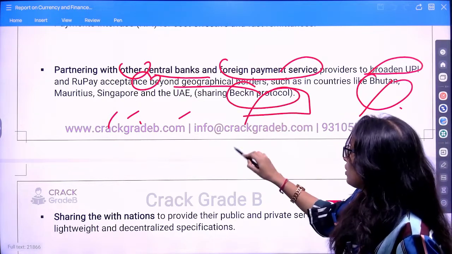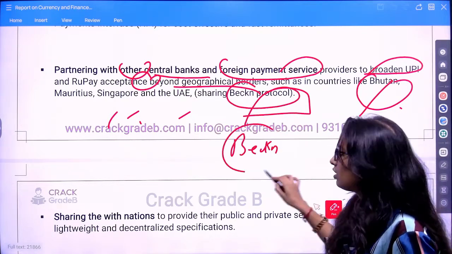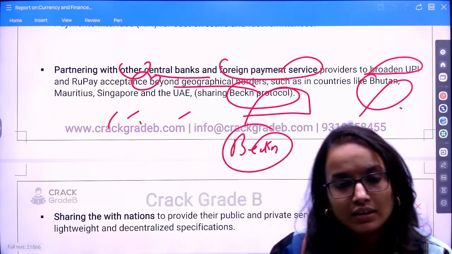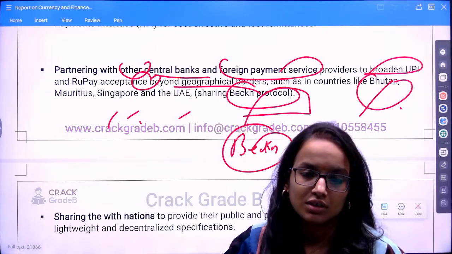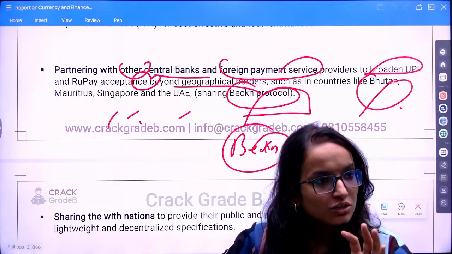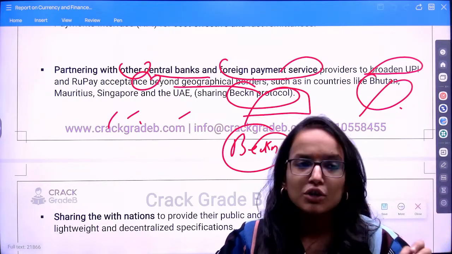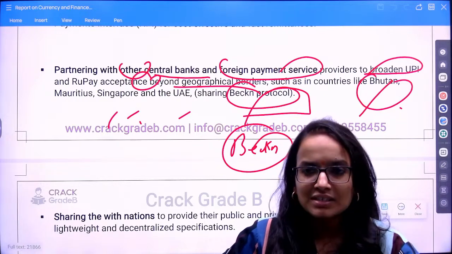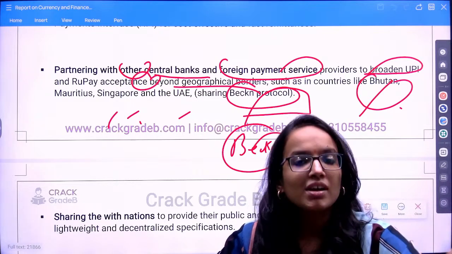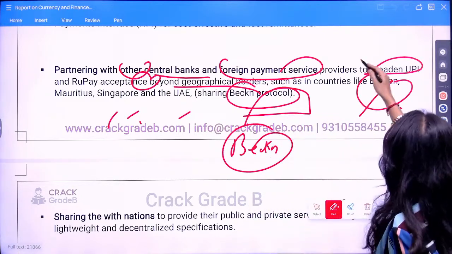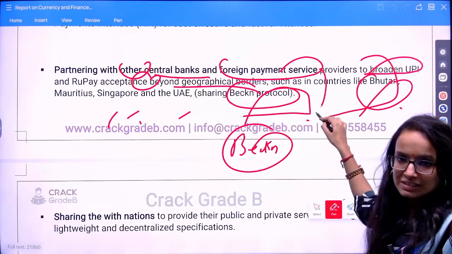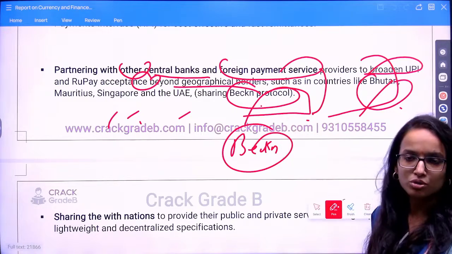Sharing back-end protocol. Now, what is this back-end protocol? Back-end protocol is a protocol which enables agnostic technology solution. So basically, what does agnostic mean? It means it does not support only a specific kind of technology. Whatever technologies you have adopted for your payment systems and all those things, across technologies, it helps you share services, share transactions. This is back-end protocol. So these countries are the countries which share these applications on back-end protocol. I hope you understood this thing, right? You will remember this name, back-end protocol.